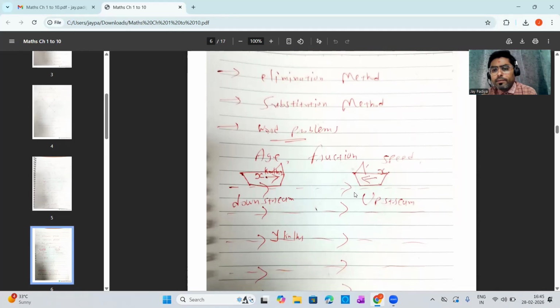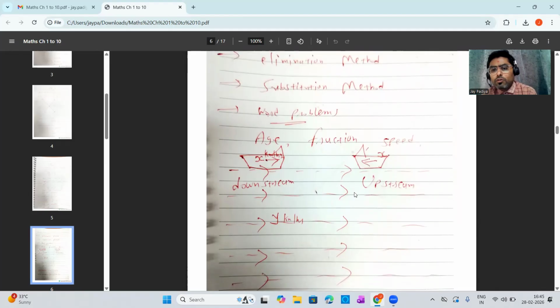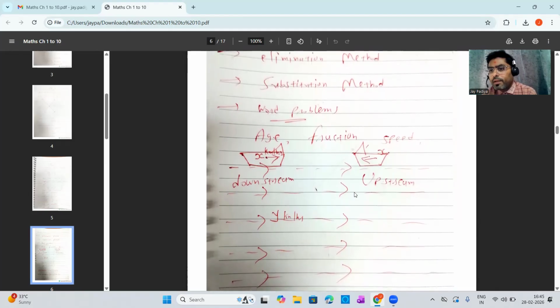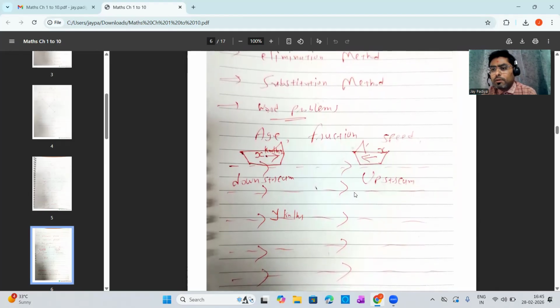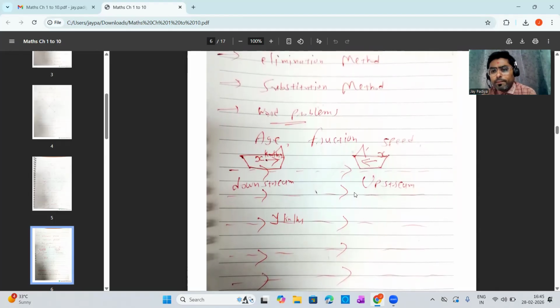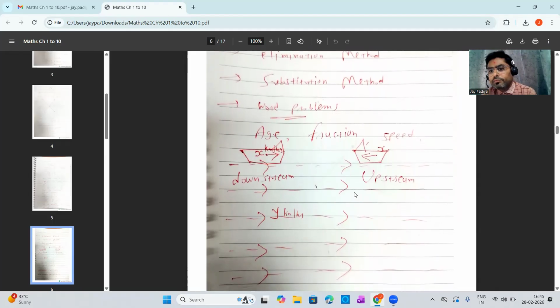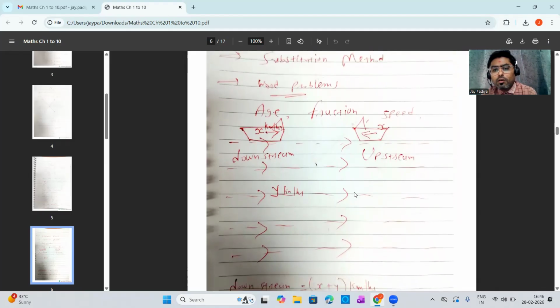वर्ड प्रॉब्लम्स, राइट? वर्ड प्रॉब्लम्स कौन कौन से आईएमपी मुझे दिख रहे हैं, राइट? तो फर्स्ट ऑफ ऑल एज वाले होने चाहिए, राइट? एज वाले कोई भी सम आ सकते हैं, मदर फादर सन डॉटर जो कुछ भी है, राइट? फ्रैक्शन वाले सम हैं, 3-4 सम हैं आई थिंक टेक्स्ट बुक में, वो कर लेना। और बोट की स्पीड